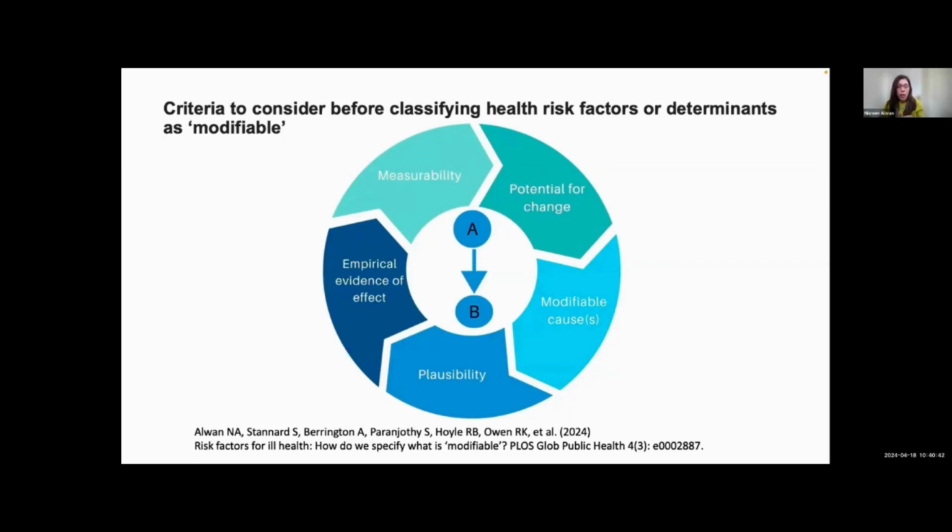So actually kind of as a side piece, but I think very relevant to our work, we conceptualized this thinking in a publication, and I'll put the link in the chat if people are interested, just for others as well to consider, what do we mean by this very common term we use in epidemiology and health research, modifiable, and how can we apply it to the data? Next slide, please.